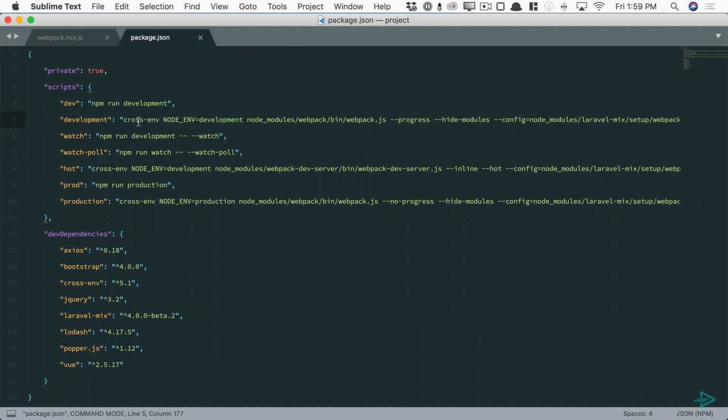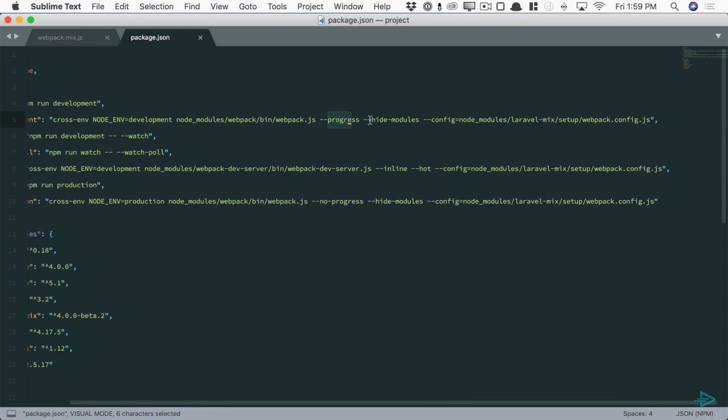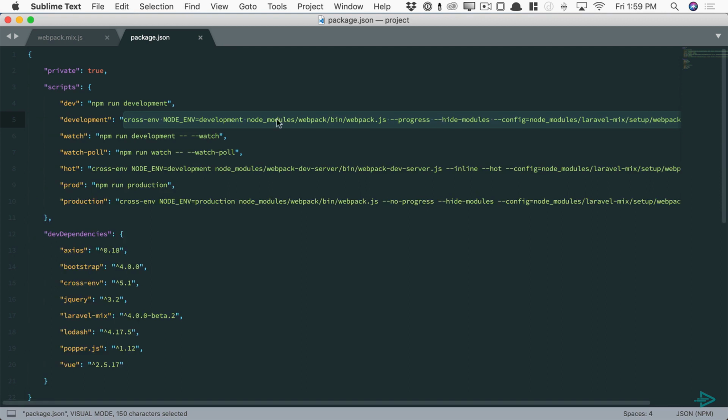Just for a quick bird's eye view, regardless of your environment or your OS, I do want to set node environment to development, and then we are going to trigger Webpack while providing progress. We don't want to see any module output, and I will specify the path to my webpack.config.js file here, and that's all we're doing. So you have a npm run development and an npm run production command. The difference between the two